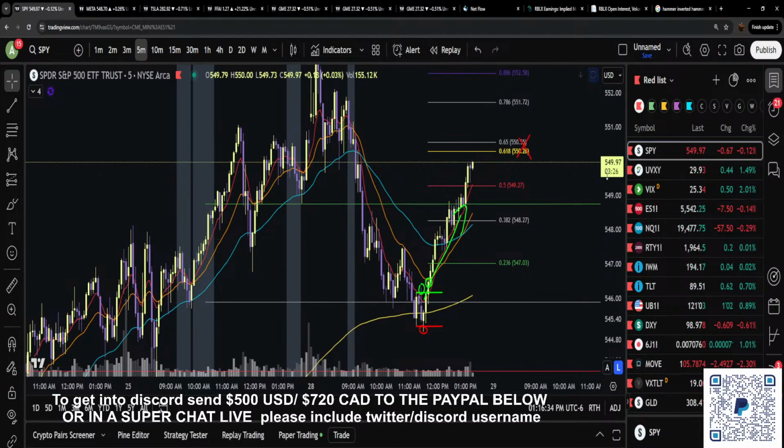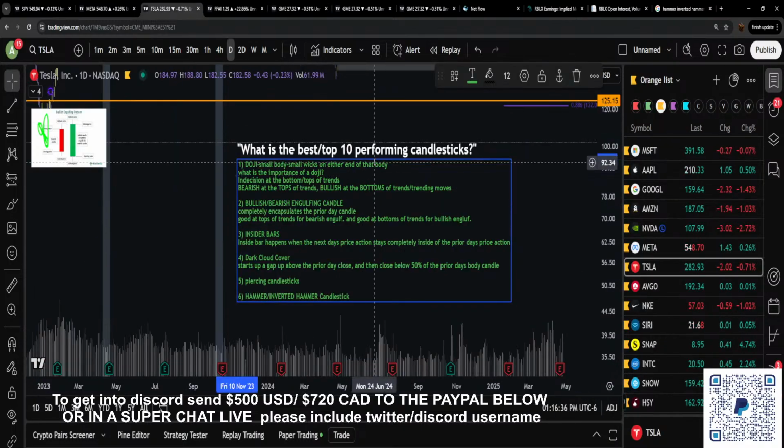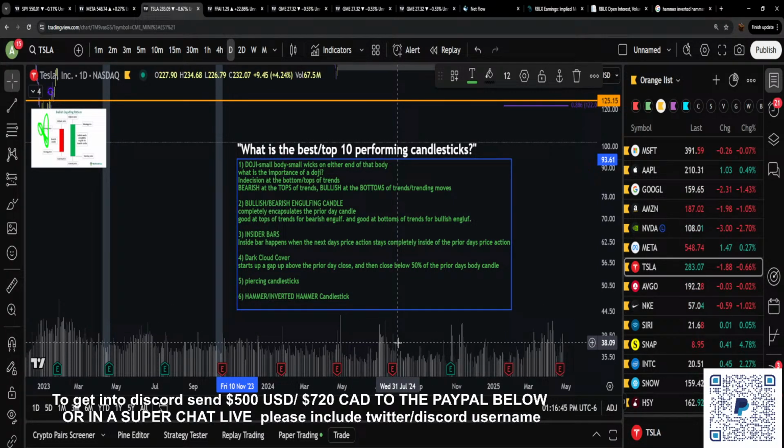Okay, so we have gone through the majority of the big dog candlestick formations that I mostly pay attention to. All right, so